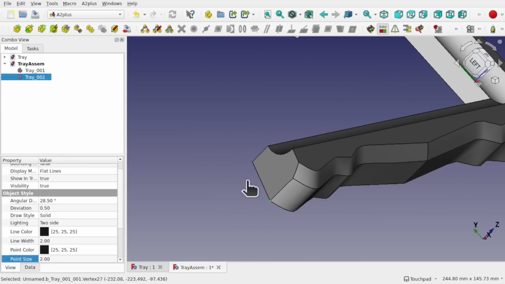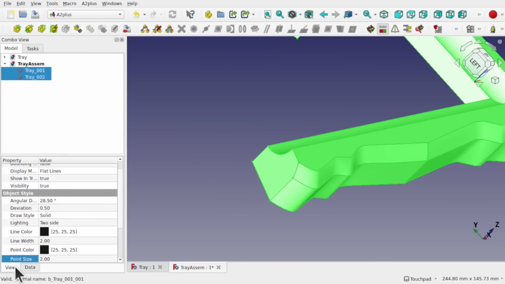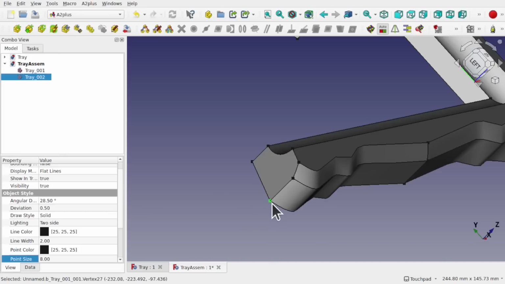this vertex here. If we can't see them, what we do is just take both these trays, come into the view, which I'm already in, and set the point size up to say 4 or 8, something like that. And you can see those points now. And we can target those. So I'm going to take this point here